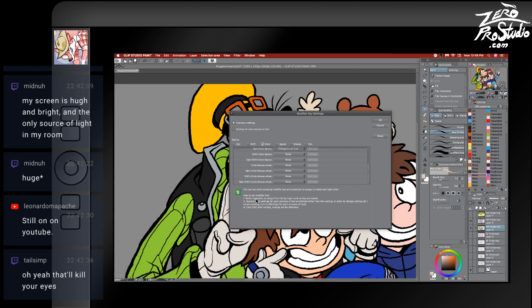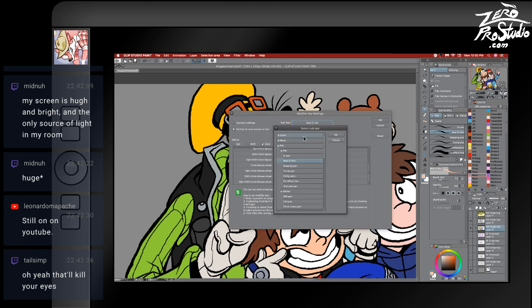No. You can set when pressing modifier key in operation to align to wheel and right click. Doesn't help me. Let's see. Command. I want to use the move. No, not move. Not pen. I want